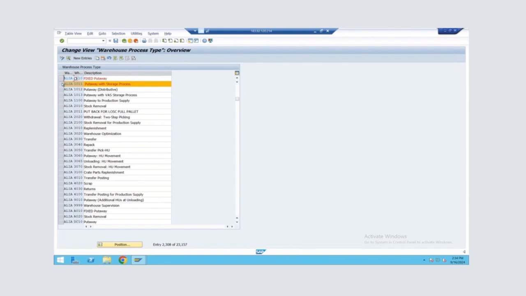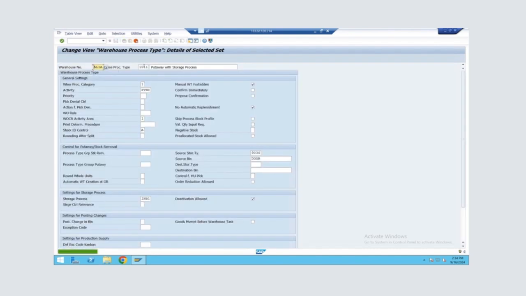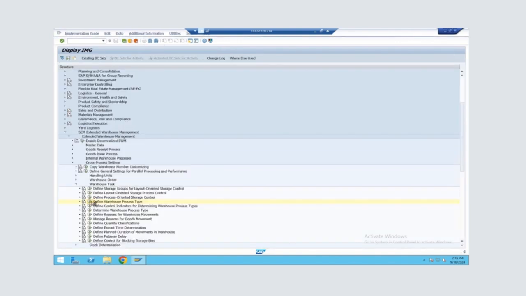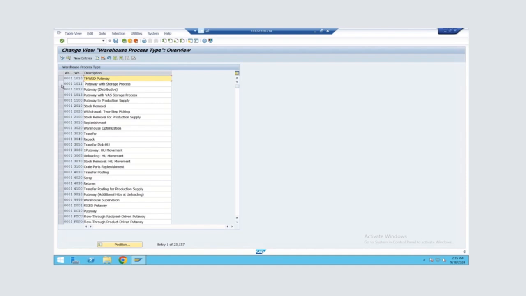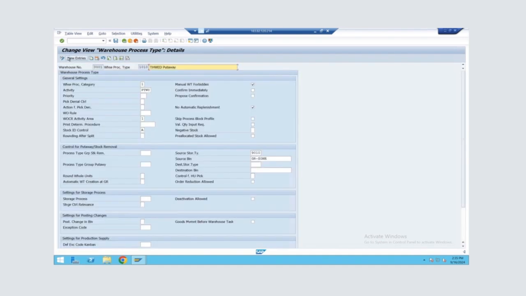And for inbound POC, the triggering point is the storage process in the WPT. And after this, we have to actually create the WPT. I just showed the difference before this. So make sure the storage type is 9030, and then now we have to create the